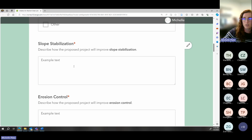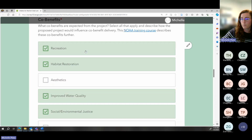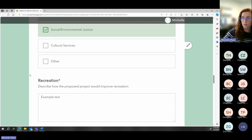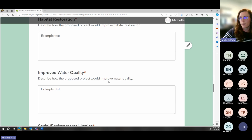So we ask that you please just provide a couple sentences about how this proposed project will improve the delivery of this ecosystem service. And then same thing with co-benefits. So what are these other benefits that will be provided should this project be implemented? Is it going to increase the recreational value, the habitat, improve water quality, provide some cultural services, multi-click there as well, and then provide just a quick couple sentences describing how the proposed project will improve the delivery of